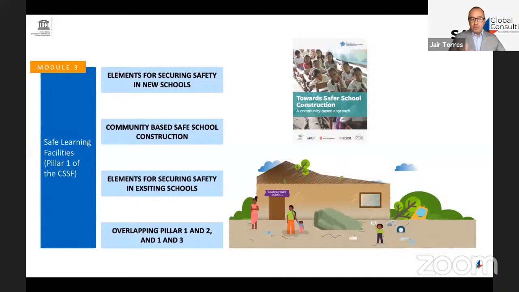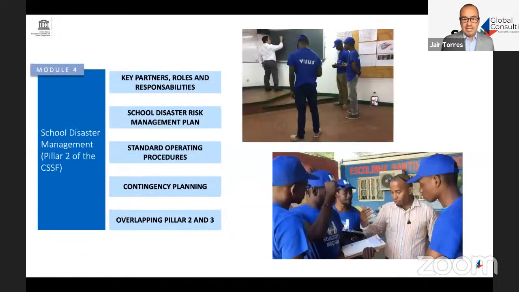So how elements of safe learning facilities overlap with the other 2 pillars. In module number 4, we're going to be talking about school disaster management. We're going to identify who are the key partners, roles and responsibilities for disaster management, how we develop a disaster risk management plan, what are standard operating procedures and how we can establish them, what is contingency planning,